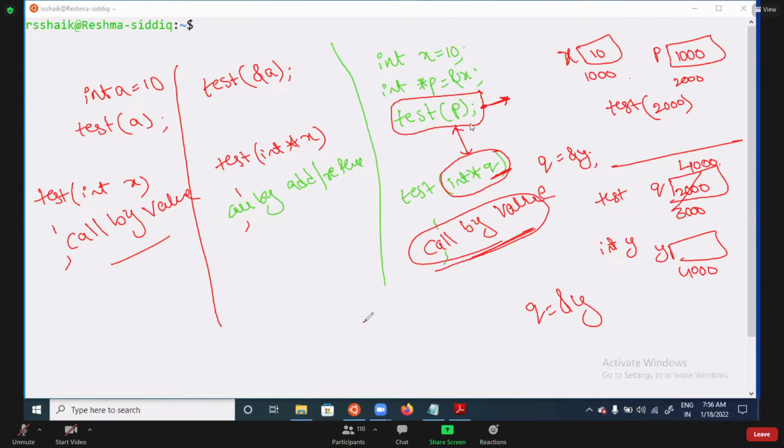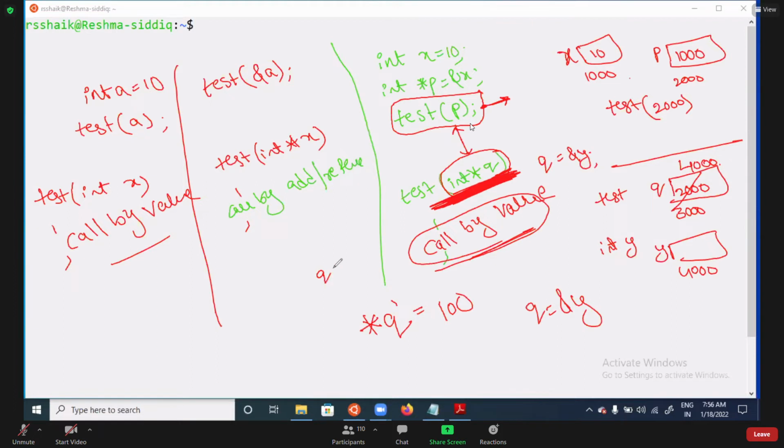You can ask, sir, if I am writing star q, q is not declared. Sir, here q is declared, you can see here in red color. Am I clear? Now if I write star q equal to 100, star q means previously what will happen?